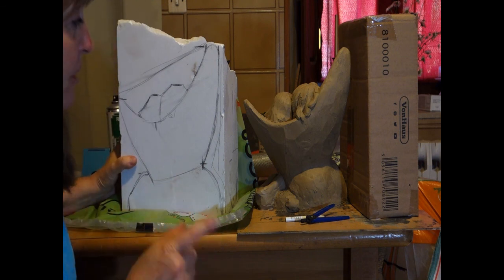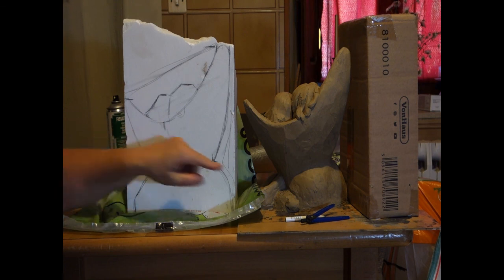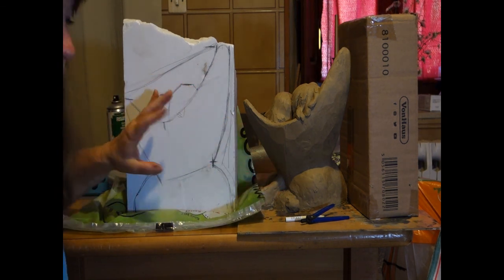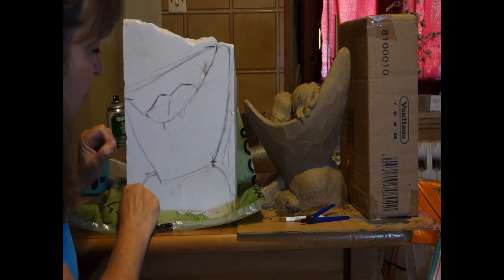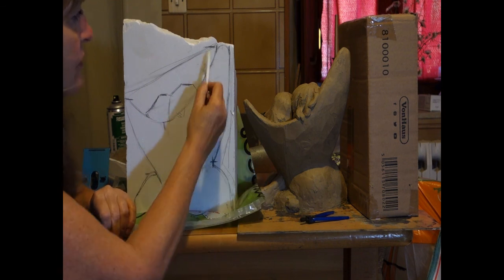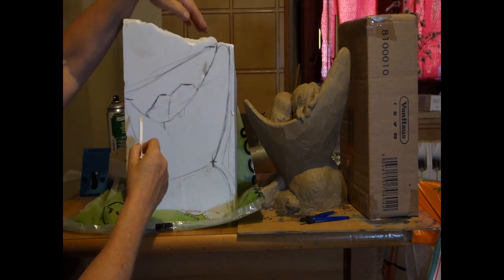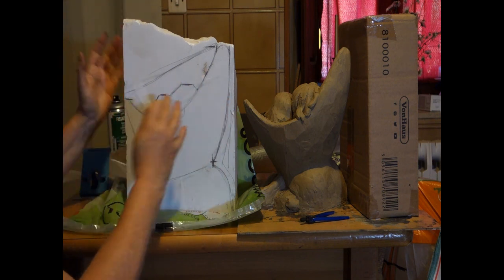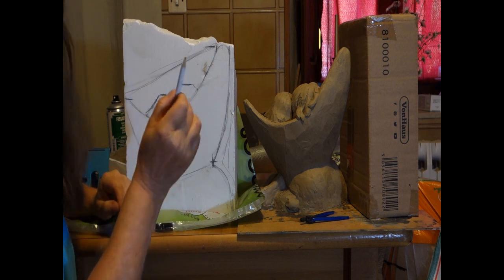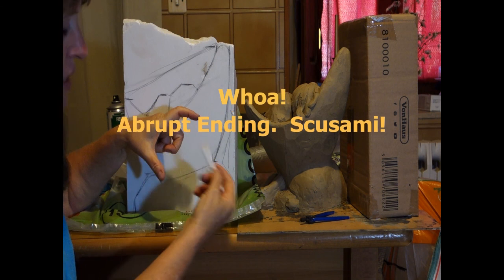But anyhow, I digress. So what I've done here is on my measurements, I've made my little buffer that I was telling you about, trying to be fairly accurate, otherwise the drawing won't work to enlarge it. But at the same time knowing what's going to happen. So what's going to happen is I'm going to go from the high point here to the low point here, draw all the way around, make sure that my drawing in the front and back match each other as best that I can. And then I'm going to come in with the diamond blade, which is a disc about this big, has diamonds on the outside and center